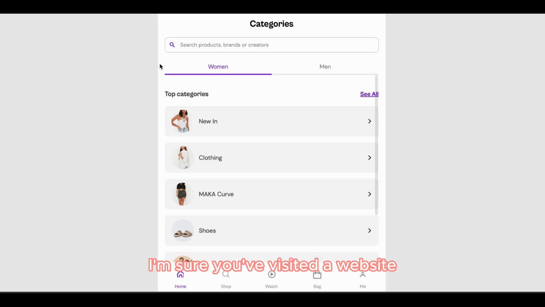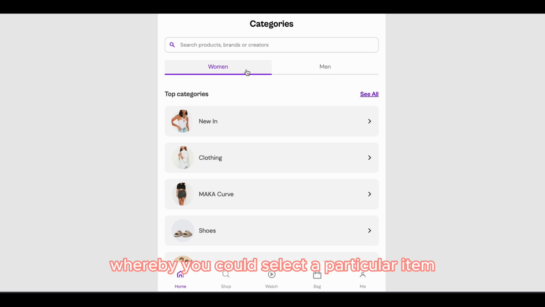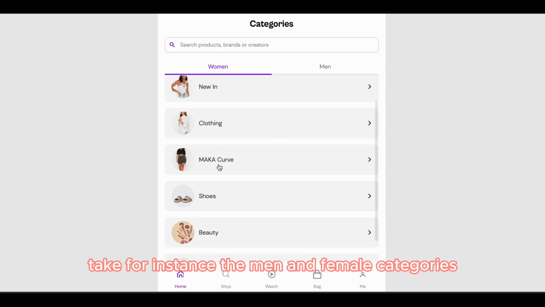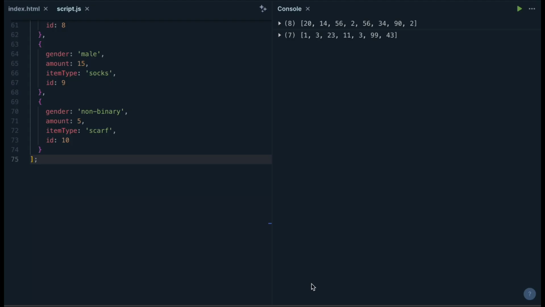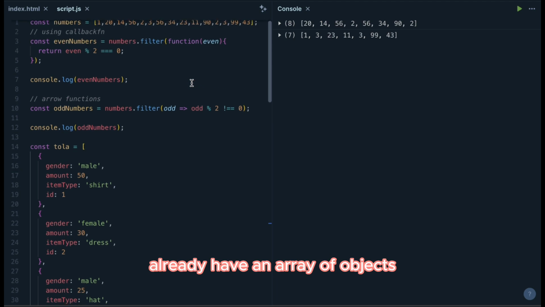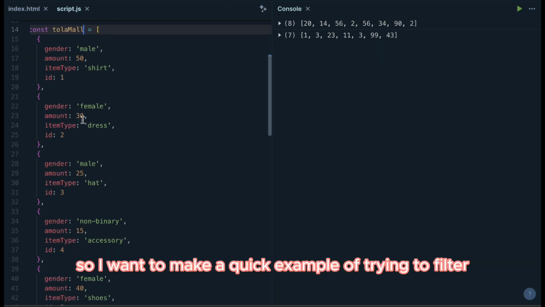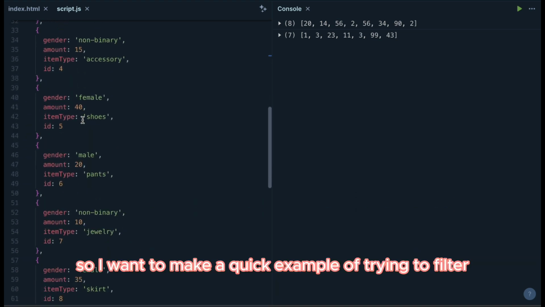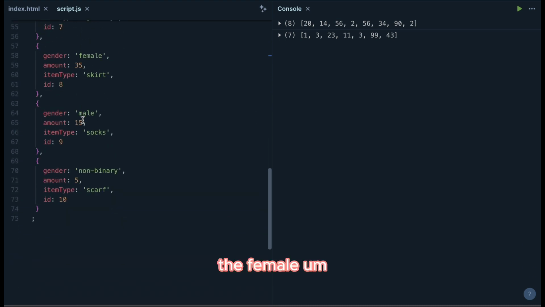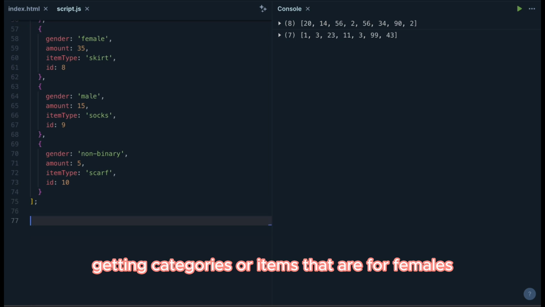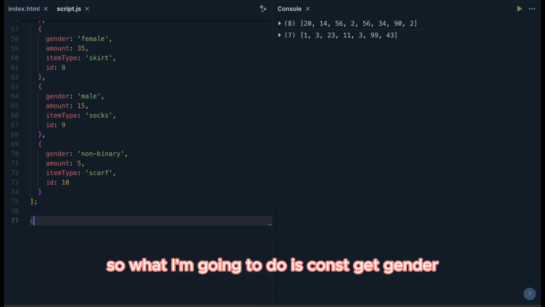I'm sure you have visited a website whereby you could select a particular item and it fetches things under the particular item. Take for instance the male and the female categories. So yes, I already have an array of objects which I gave the name tolasmall. So I want to make a quick example of trying to filter the female, getting categories or items that are for females. So what I'm going to do is const get gender